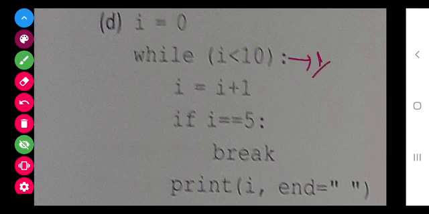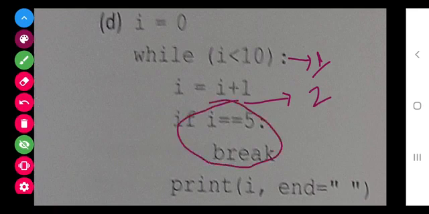Here 1 is again smaller than 10, so i will become equals to 2. Again it will check this condition, again it will fail, so this will not break the loop. This break statement is used to terminate the loop. It says terminate the loop when i becomes 5, so it is still 2, so it will not break.